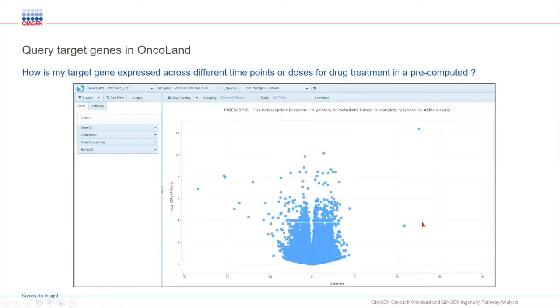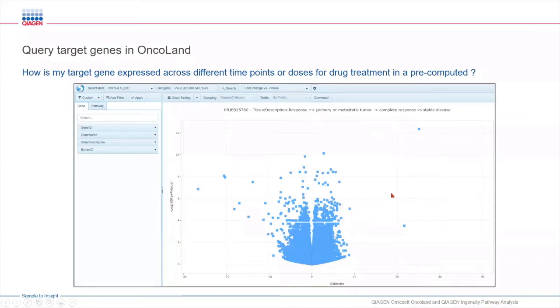So if you are interested in exploring a public project, we can generate a list of differentially expressed genes from a particular project or a pre-computed comparison. So users like you typically like to generate volcano plots like you see here on my screen. And many of you probably see this in published papers.